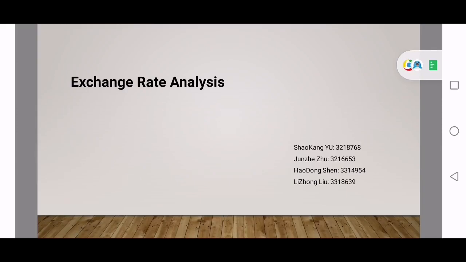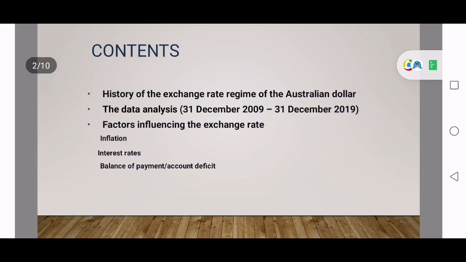This report will analyze the Australian exchange rate against the American dollar. The content of this report will be as follows. First, the report will provide a brief history of the exchange rate regime of the Australian currency, describing various changes that have taken place. Secondly, the report will